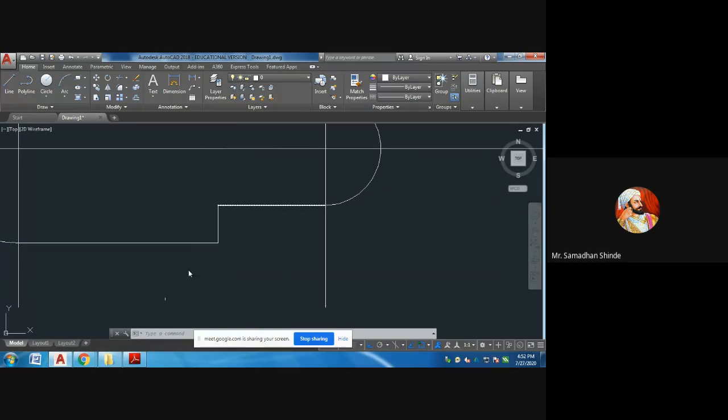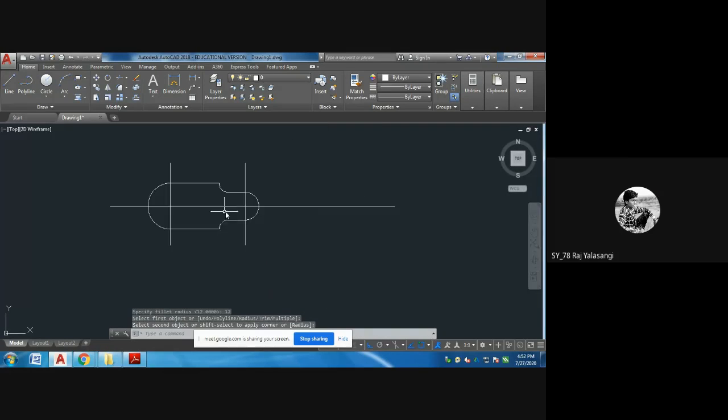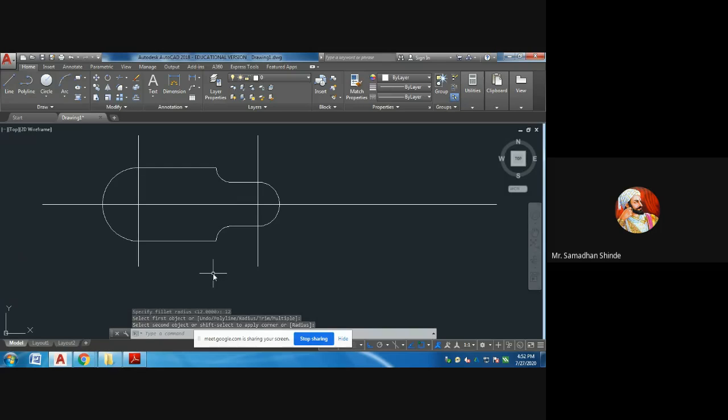Similarly here also I want to give fillet. What is our procedure? Fillet, R enter, 12 enter. First line, second line, like this. Then,